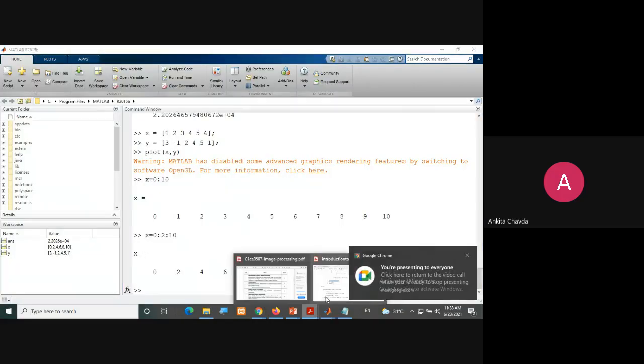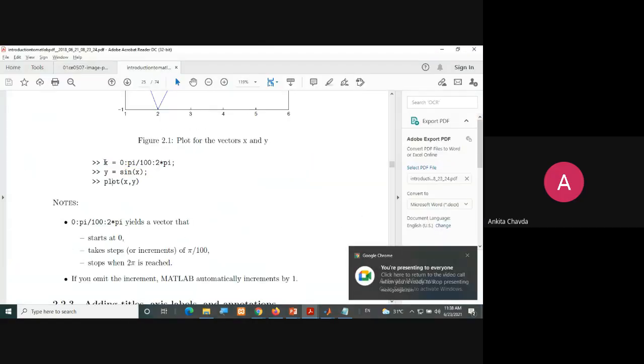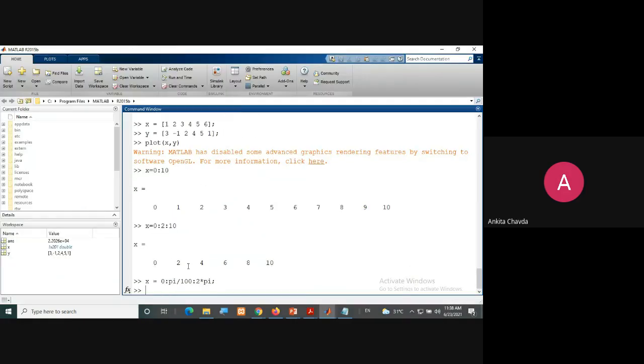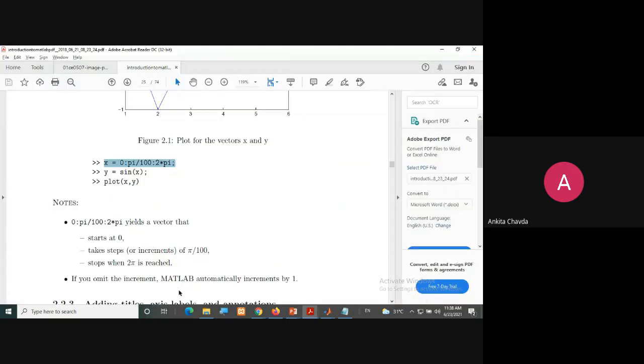So back to this. How can you write this? Because you want the value of x to start from 0, over an interval of 2 pi, and every time I want an increment of pi by 100. So this is my x. And what is my y? y is equals to sine of x, because that's what I want.